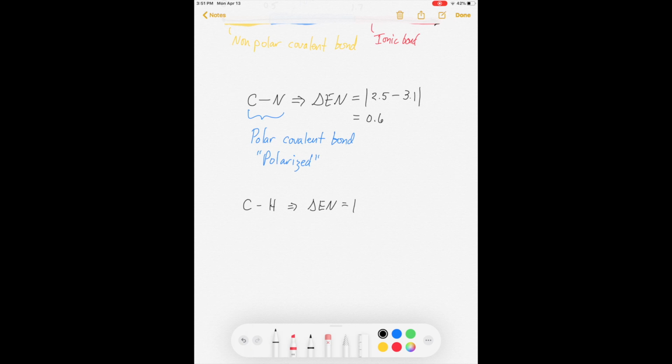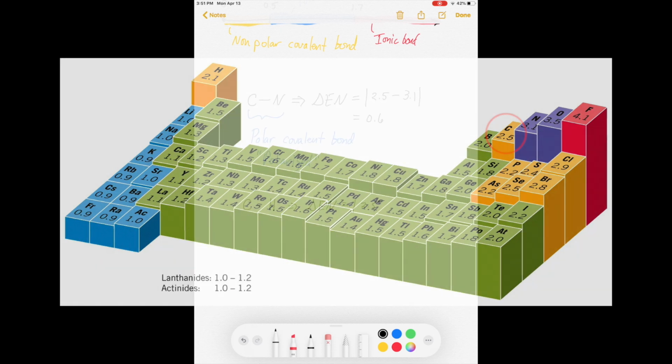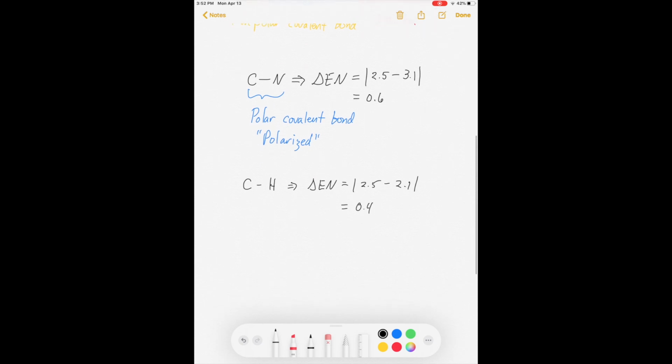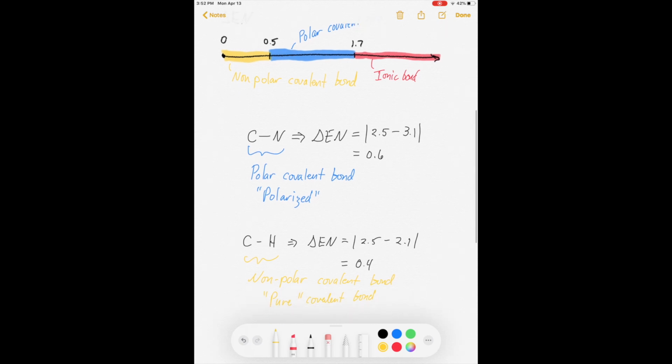So again, if we compute the change in electronegativity, this is going to be 2.5 minus 2.1. So we're going to get a value of 0.4. Looking again at the scale, I can see that this is going to be a nonpolar covalent bond. Sometimes we might refer to this as a pure covalent bond. So computing the change in electronegativity takes the guesswork out of determining whether or not a bond is polarized, non-polarized,